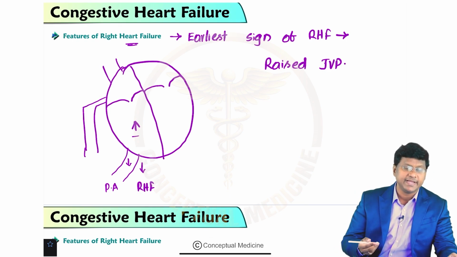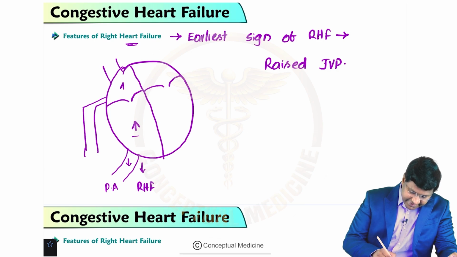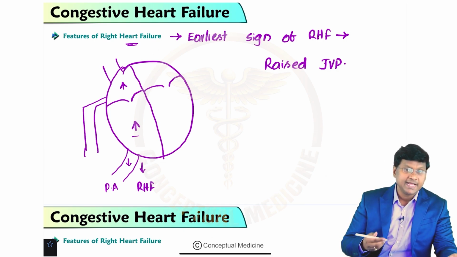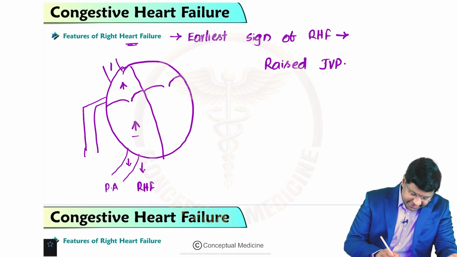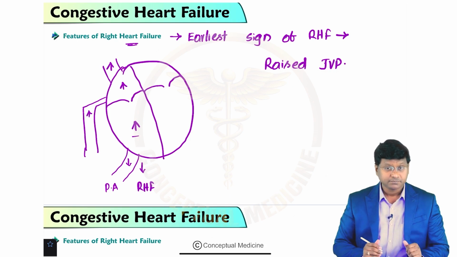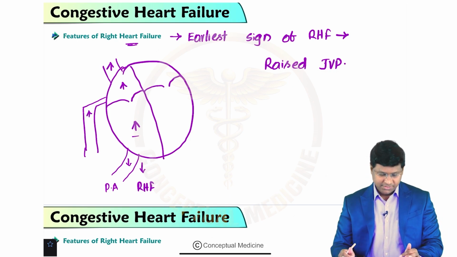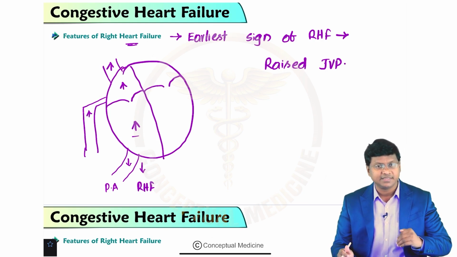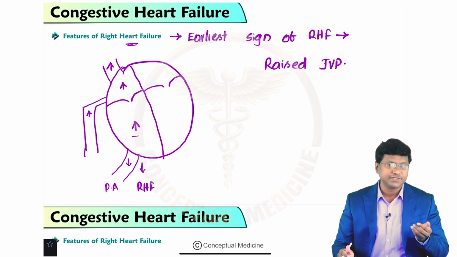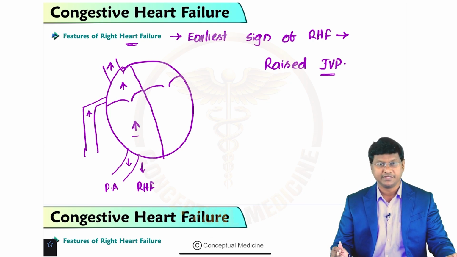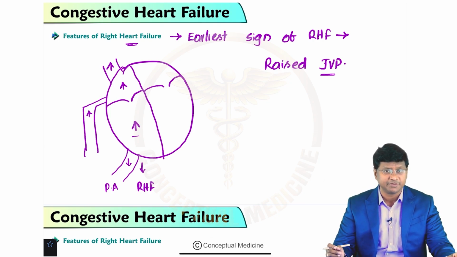When the right ventricular end diastolic pressure increases, subsequently there will be an increase in the pressure in the right atrium because the right atrium is unable to empty the blood into the right ventricle. Now as the pressure in the right atrium increases, there will be an increase in the pressure within the superior vena cava as well as the inferior vena cava. The superior vena cava receives the blood from the upper half of the body, and it is the jugular vein which drains the blood into the superior vena cava. So once the pressure within the superior vena cava is increased, there will be an increase in the pressure within the jugular vein. That is what is called the raised jugular venous pressure, and that will be the earliest